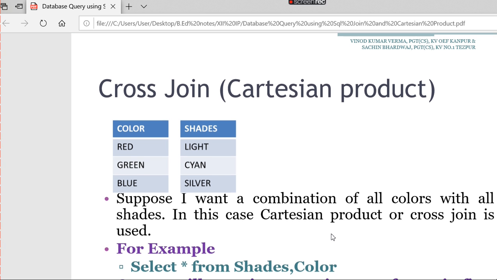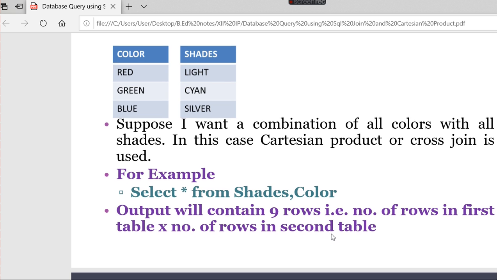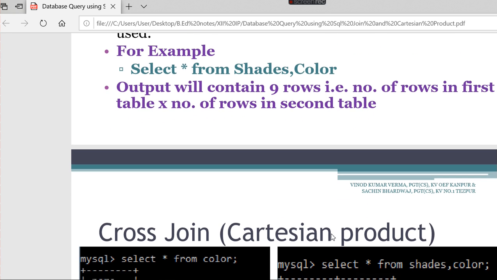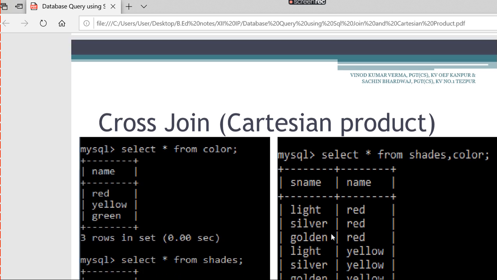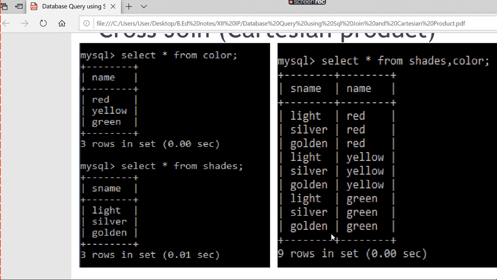So the output will contain 9 rows. The first number of rows times the second number of rows will be 9. So see here, in MySQL they have done the same thing. I have shown it in our SQL database. They have created in MySQL 3 rows, red, yellow, green, and the next table like silver, gold, and then both the tables are now connected together by using this query, select star from shades and color.